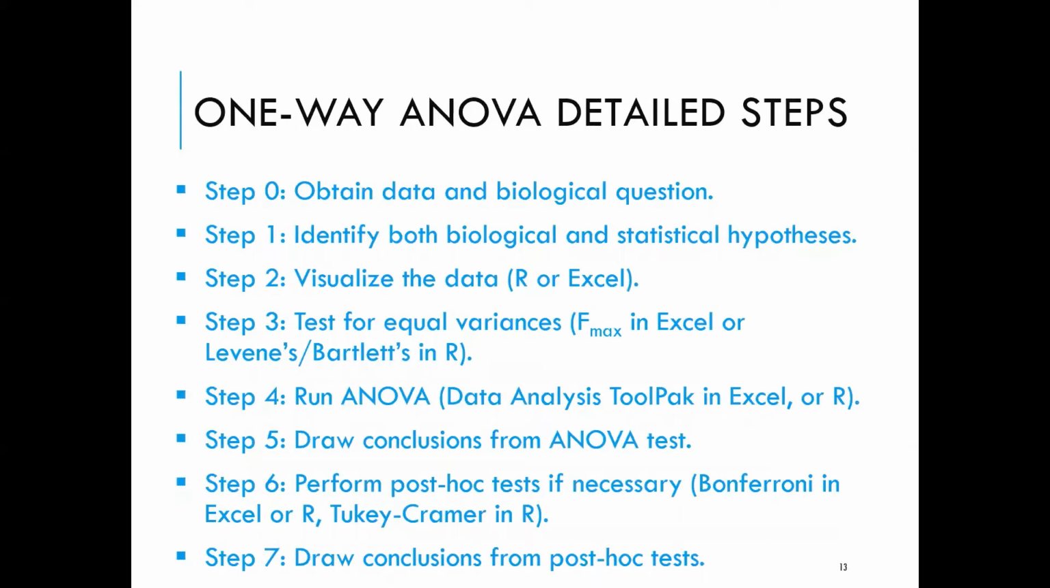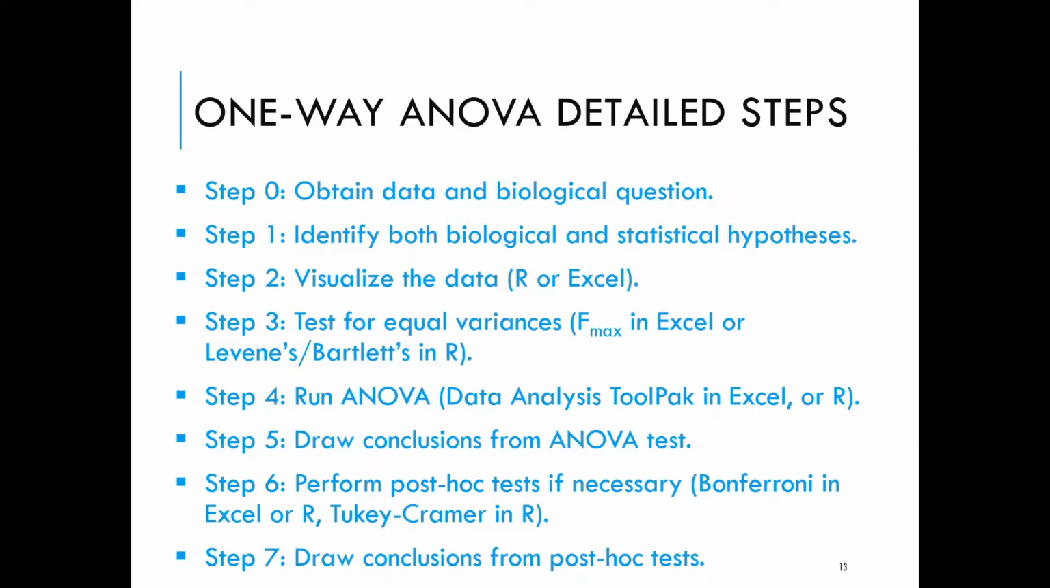Finally, we have a breakdown of the steps for the one-way ANOVA, and we'll see these in the worked example in Excel. The first step is to obtain the data and your biological conclusions. These are often given in the question. Step 1 then is to identify both the biological and statistical hypotheses. Step 2 is to visualize the data. We want to know what the relationship is just by looking at it, and then we can do the statistical